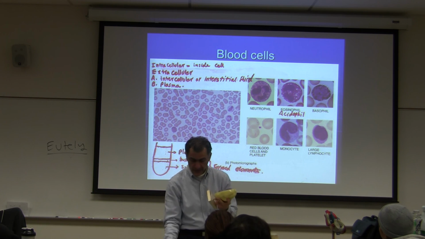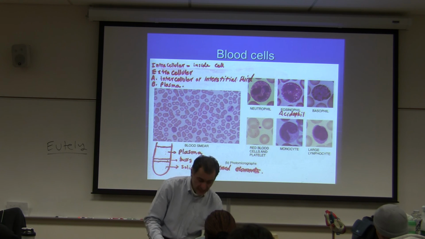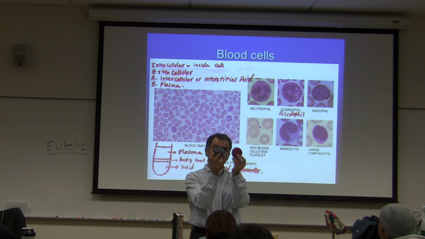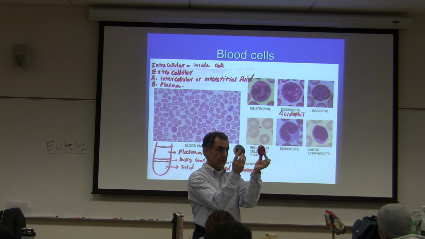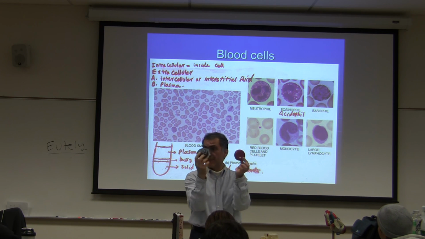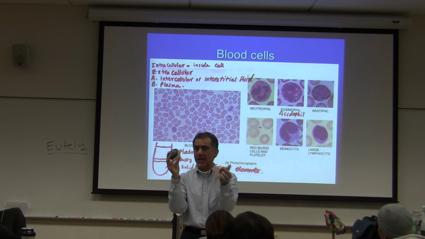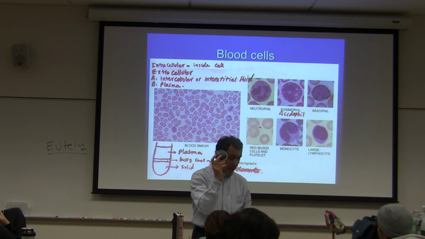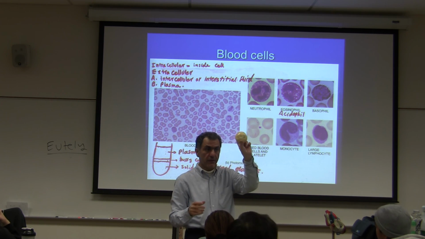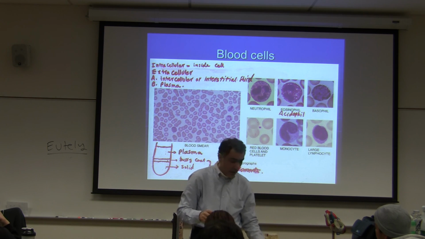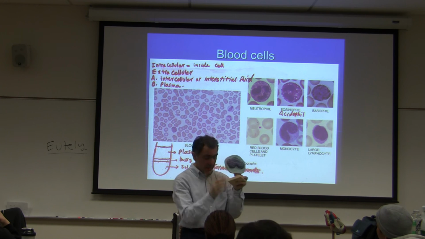Then we have 2 other white blood cells, lymphocyte and monocyte. Lymphocyte is almost the same size as red blood cells. You can look at it on a microscope. You do have them in your slides. The cell is filled with nucleus. Look at the nucleus, how big it is. It fills up the entire cell. And when you have humoral immune response, these are the cells that respond. I did make a chart. This is monocyte, another one that does not have